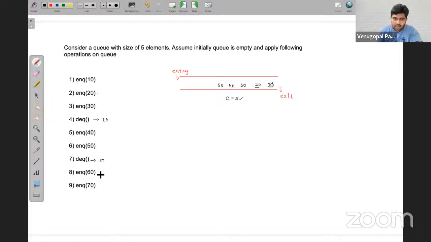Okay. Next you are calling enqueue of 60, which means this fellow 60 is going and standing in front of the queue. Now if you see, the queue is full, because 20 is gone already. Then when you call enqueue 70, it also goes and stands in the queue. So next time if you call the dequeue, 30 will be coming out. So that is how the property of a queue works.